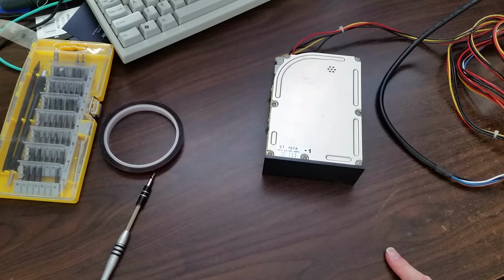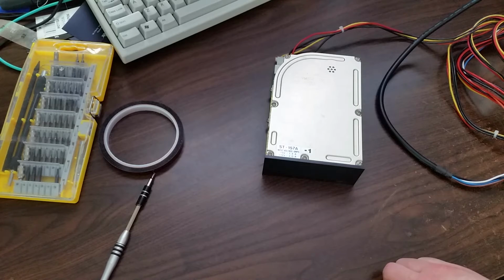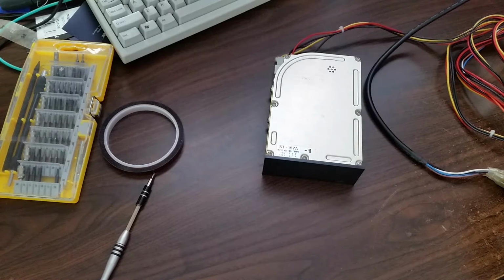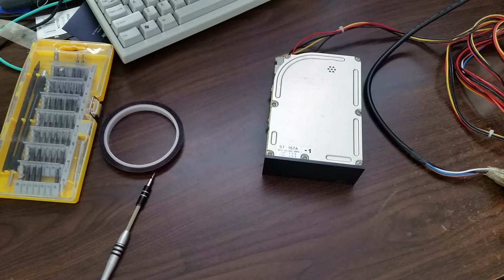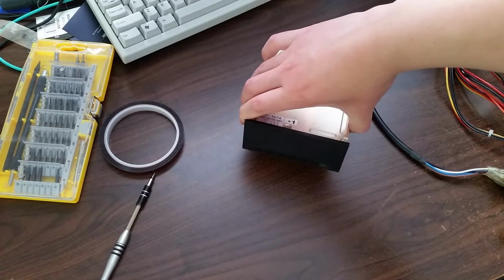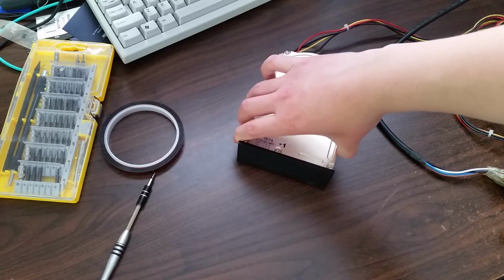The only problem now, though, is that the disks aren't spinning up. There's no mechanical activity whatsoever. The only sign of life that this drive has is the activity LED, which should start blinking in a moment now that I have the power turned on. There it is. Yeah, so the activity light starts blinking, so the logic board is clearly trying to get the